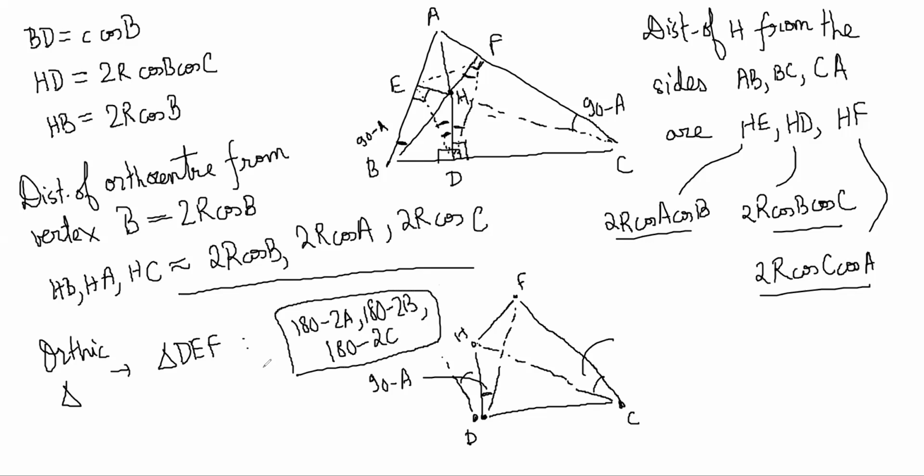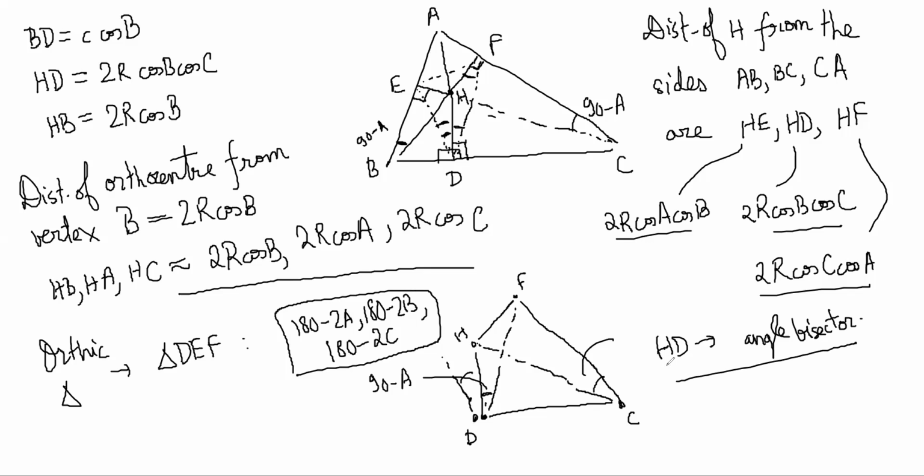Makes sense. So all the angles of the triangle I know now. Now think about one more thing that comes from here. This is 90 minus A and this is 90 minus A. So this HD line is a bisector, no? Angle bisector. Correct? So if HD is an angle bisector, so HF and HE will also be angle bisectors,